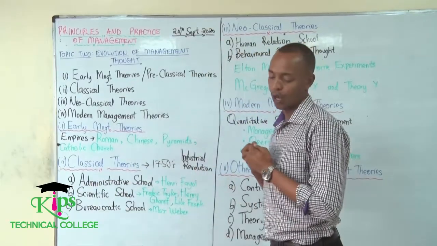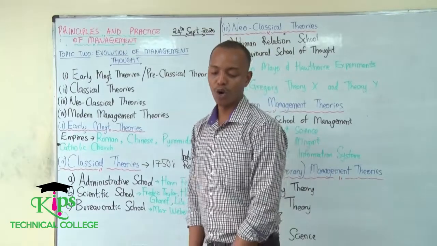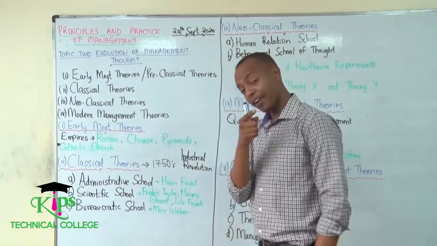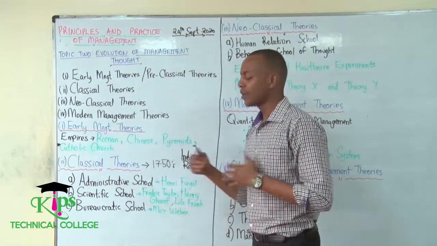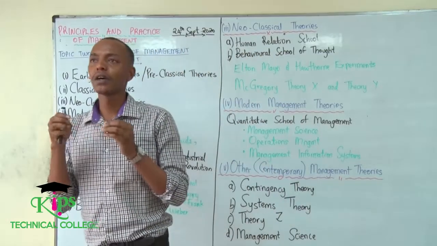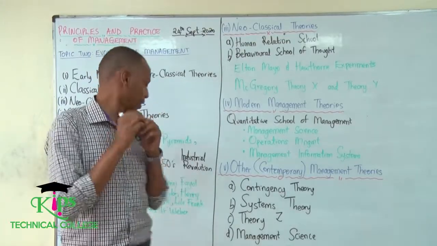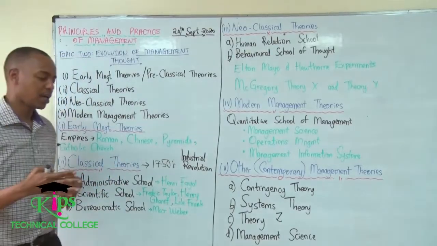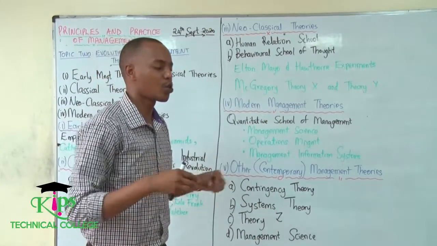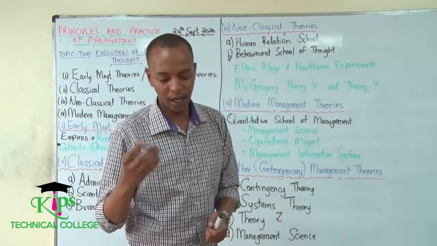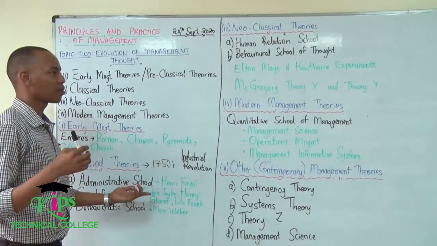the first approach that came up was the administrative school. The main contributor was someone usually called Henri Fayol. Henri Fayol is the person that came up with the principles of management that we discussed in the first topic. The administrative school looked at how a company will work very well if the management is very good. That is, under the administrative school, Henri Fayol believed that if the management does their job very well, then the company itself will be able to go out and grow in a huge way. He wrote a book called General and Industrial Management, something of the sort,